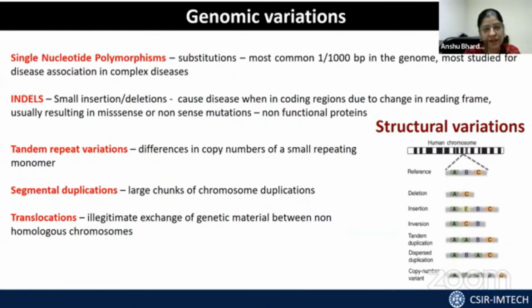And most of us in our undergrad or in masters must have come across these terminologies, where these actually are impacting the way the chromosome is, or the sequence is arranged in an order. And then when that arrangement goes haywire, you expect to see that there can be a disease phenotype.